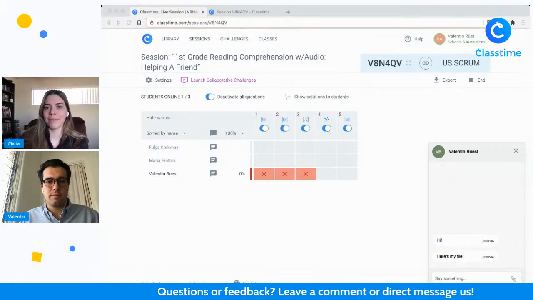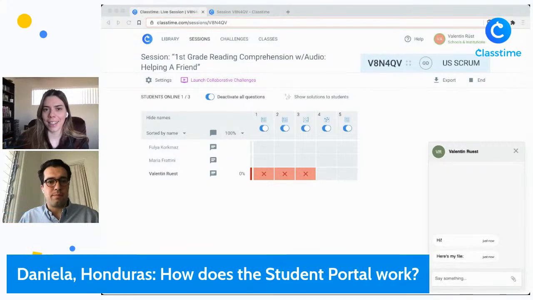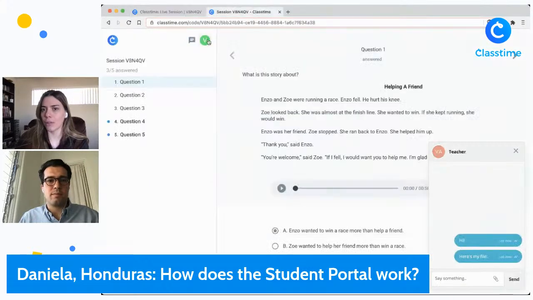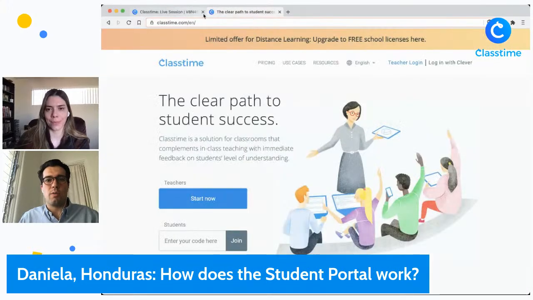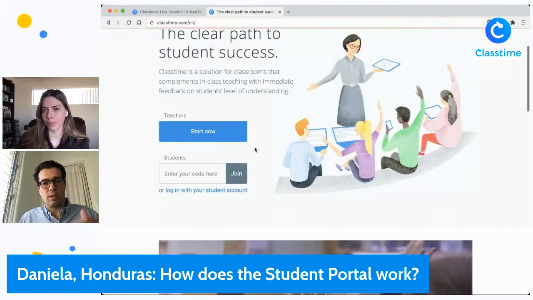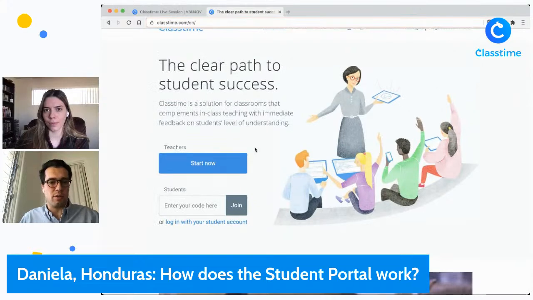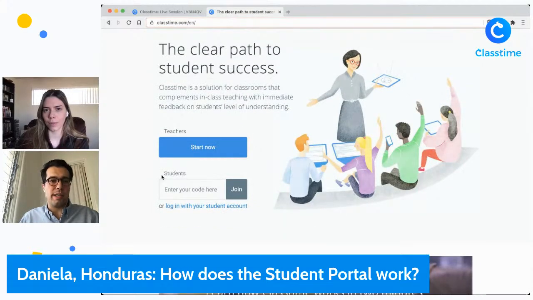Okay, pretty good. Daniela from Honduras is asking, how does the student portal work? So we have a student portal on the website. We're still building it, so we're not promoting it too hard. But you see that here are students. They can usually enter the code and join. But below, there's a link that says, or log in with your student account. And the link for this is just